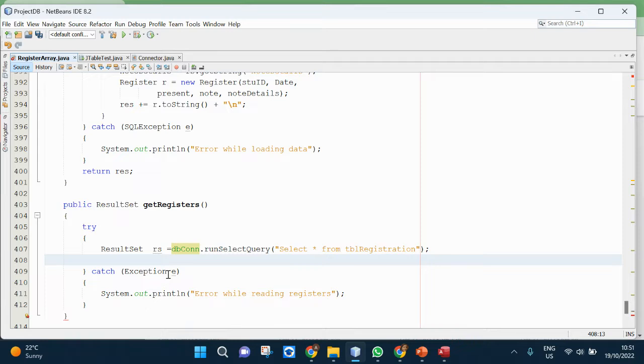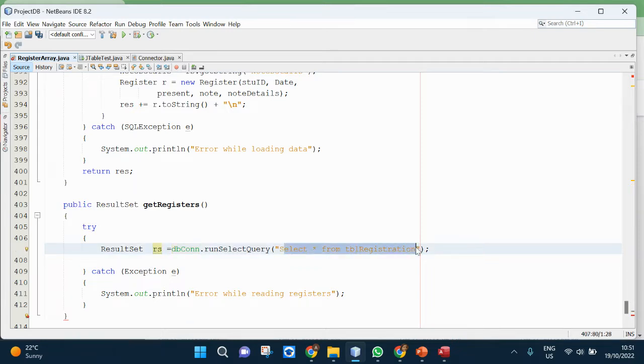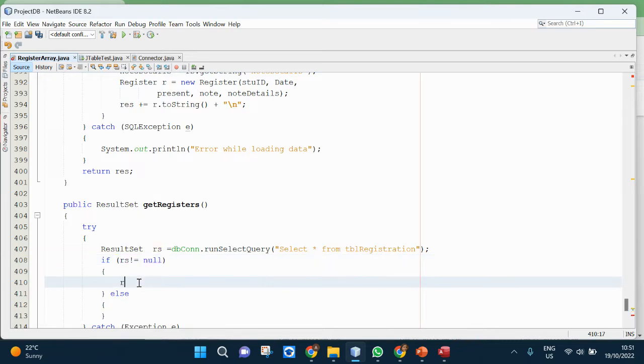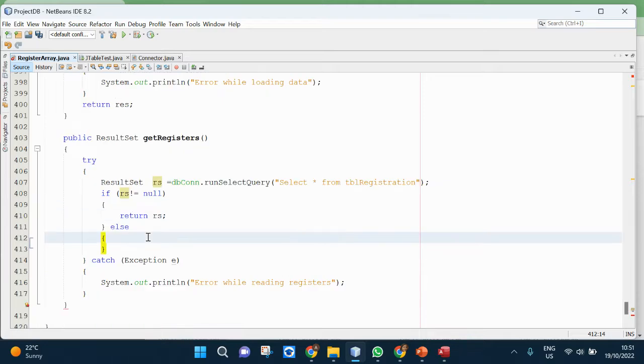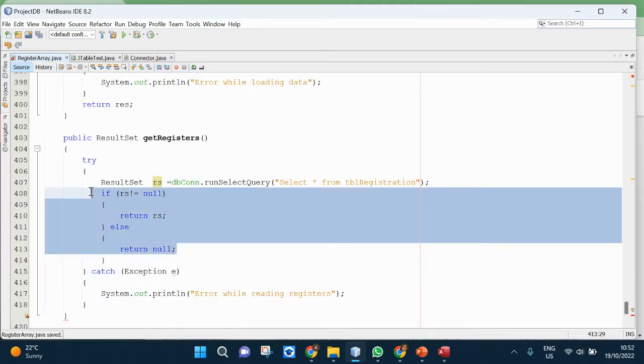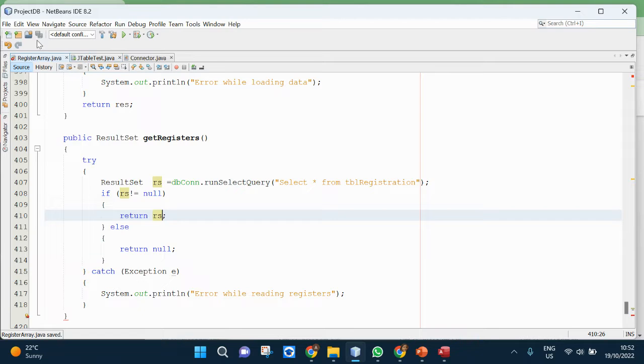So obviously the result of the query execution will be in this rs. Now before we return this, let's actually check something. So I'm going to put an if else here. If rs is not equal to null, only then will I return this rs object. Otherwise, I am going to return a null object so that we can do proper error handling